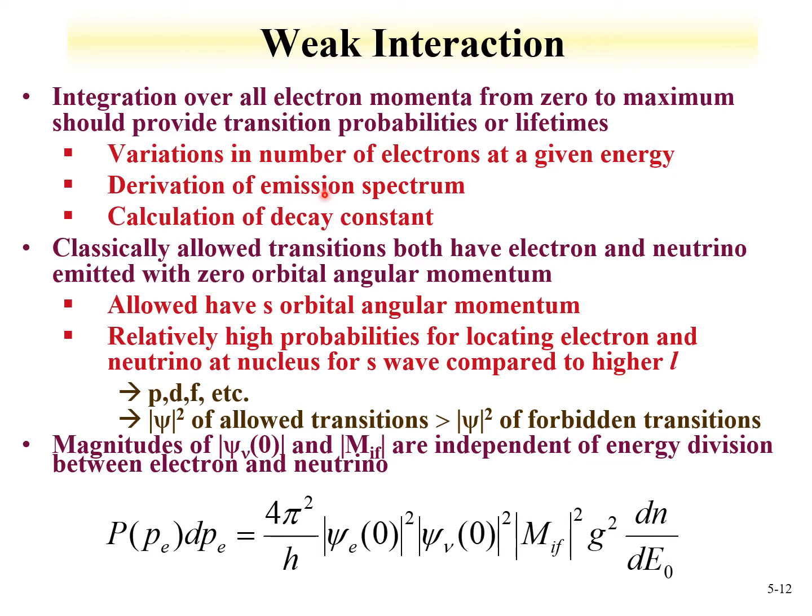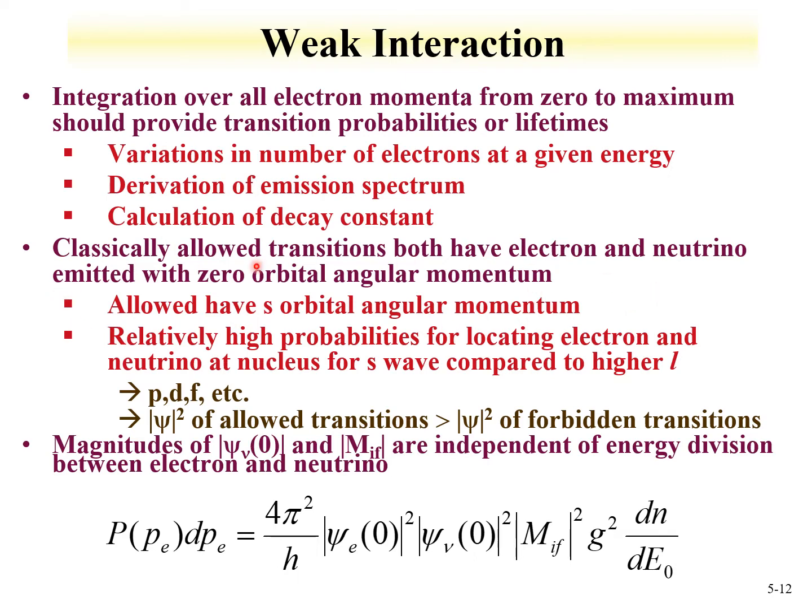Now, there's variations in the number of electrons at any given energy, and I can use this to derive the emission spectra. We'll see where that's not 100% true. And I can use this for a calculation of the decay constant. Now, classically allowed transitions, in other words, where I have 0 orbital angular momentum change, those that have s orbitals